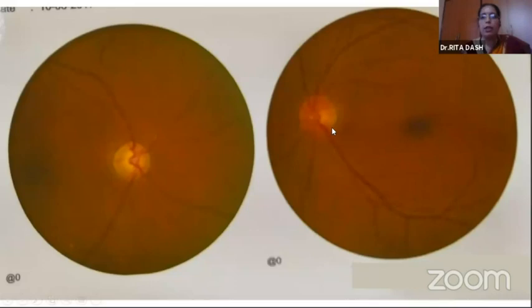This case presented to us with this much of finding. On looking at this pallor, someone will think it's a neuropathy case or something else. But this patient gave a history of acute pain and redness, vomiting, blurring of vision and rainbow halos. He was admitted and given some intravenous injection. And when careful gonioscopy was done, he was found to be a case of angle closure glaucoma, and after PI and dilated fundus photograph, this was the picture. So in a case of PI, you can get this pallor. And the other eye also has intermittent angle closure. Both eyes needed treatment. This eye with PI and medical management, and this eye needed combined surgery because he has cataract.